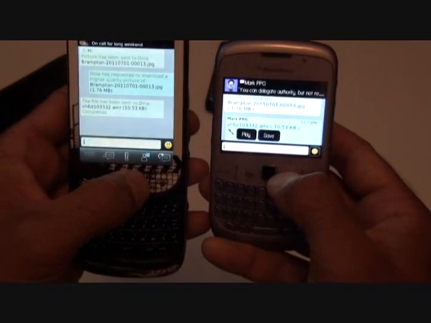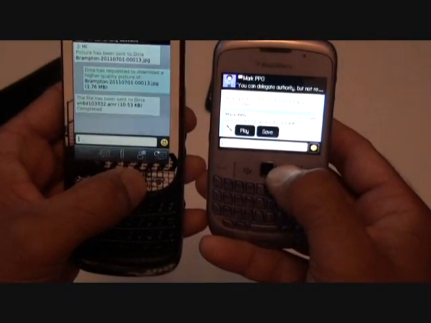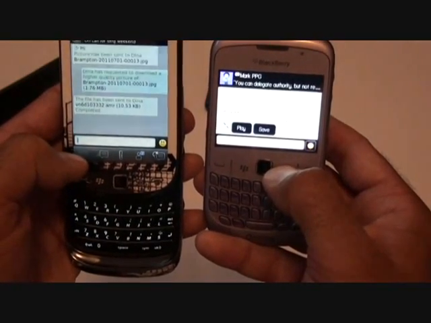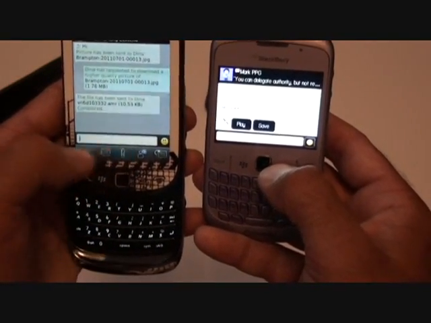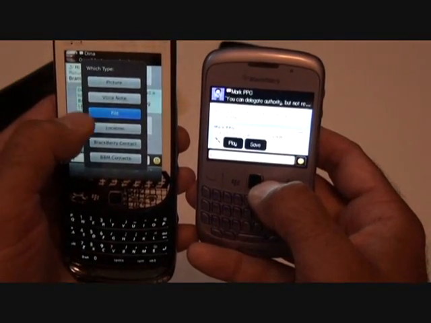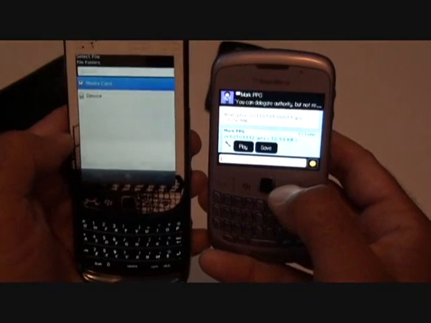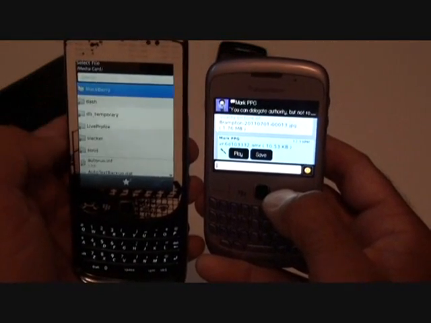And again, from inside the media folder, there is a voice notes app that you can also use. You can record voice notes and send them from inside that app. So if we move on to the next one, you'll see file. Now, a lot of people don't know the types of files that you can send, but you can actually send